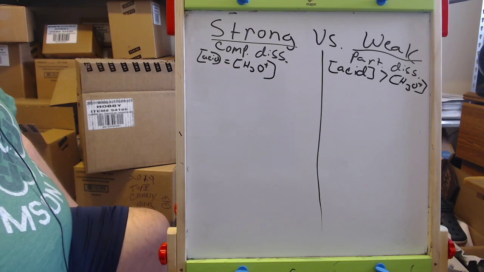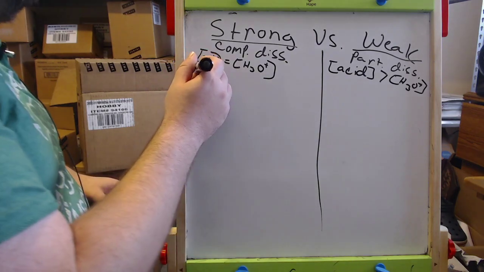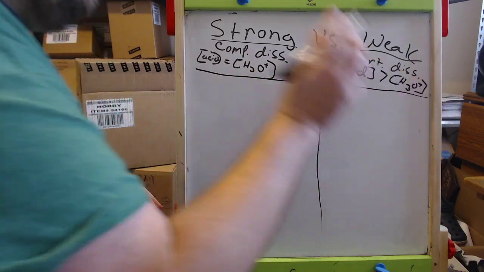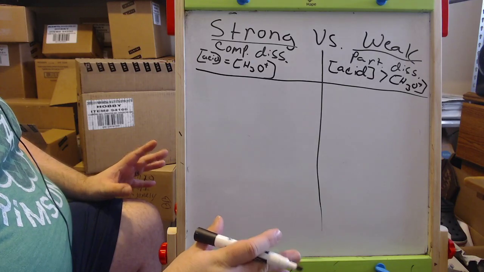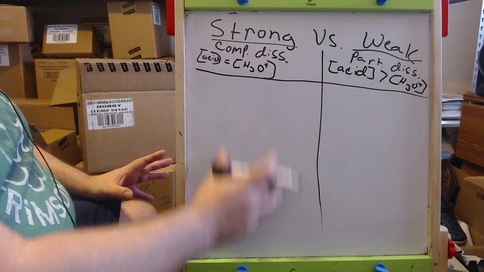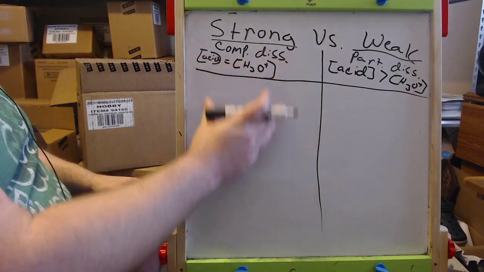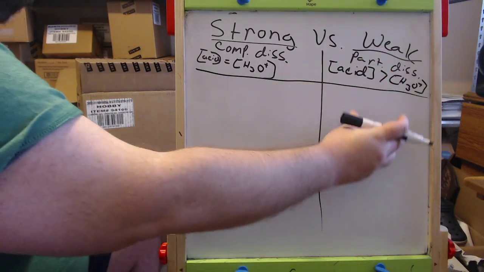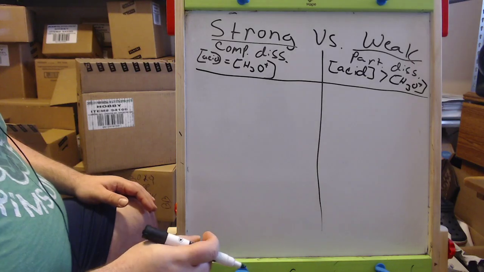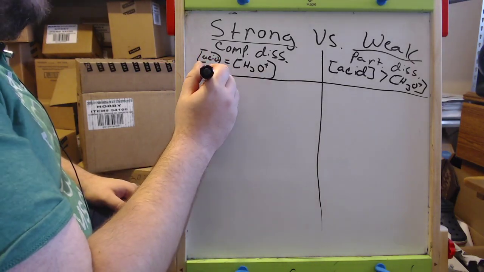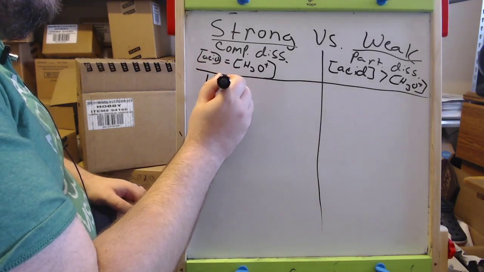Okay. So what are our strong acids? How could I tell the difference? Because that's going to be important in this chapter. Can I tell the difference between a strong and a weak acid? Well, again, there's fewer strong acids than weak acids. So if you learn your rules for your strong acids, if they don't follow these rules, then they have to be a weak acid. So strong acids, first thing, a